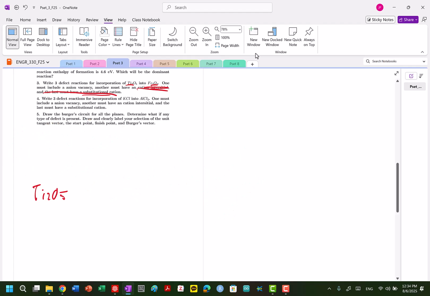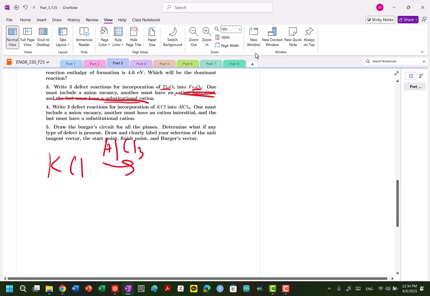Let's do it again. Except now, incorporation of KCl into AlCl3. So let's go vacancy, anion vacancy. So vacancy in the anion, which will be Cl, which will be a positive one. So vacancy in Cl plus,